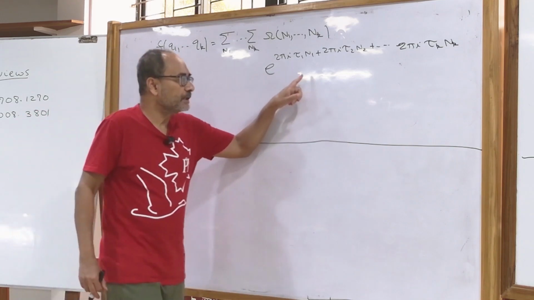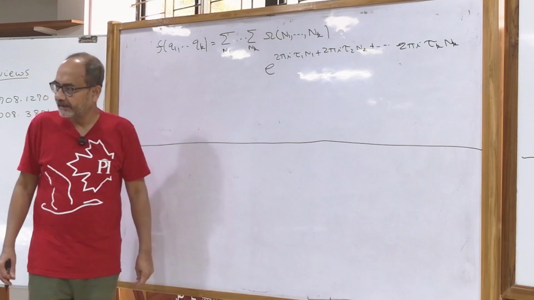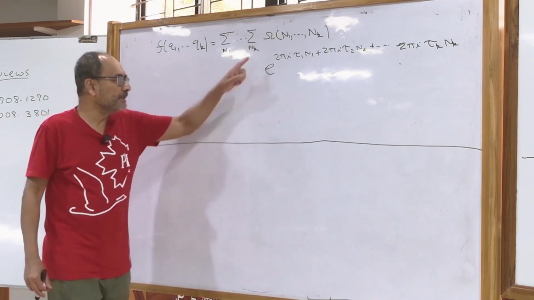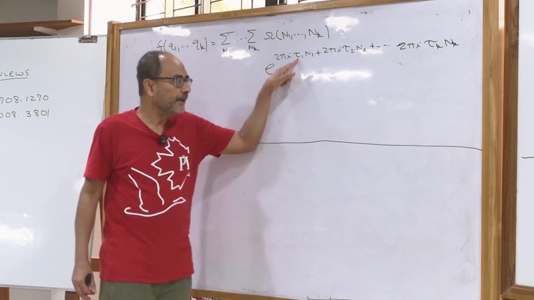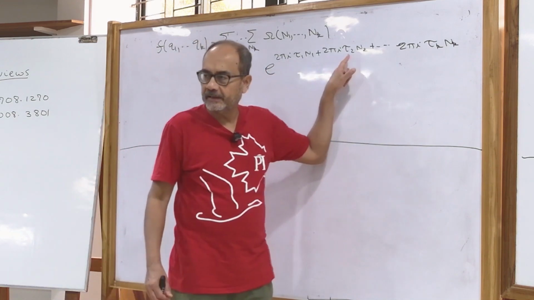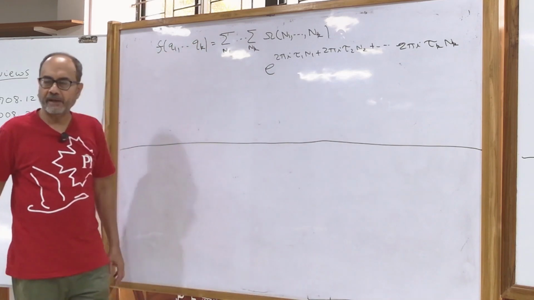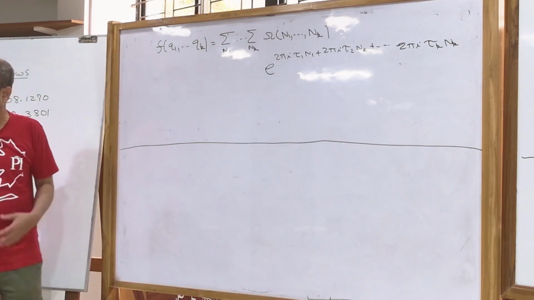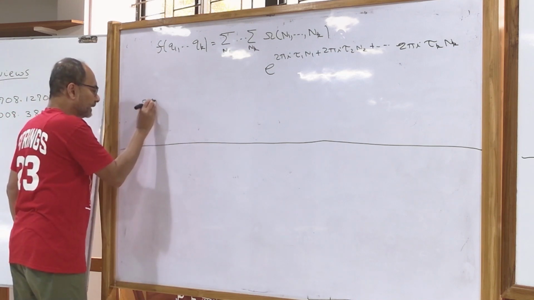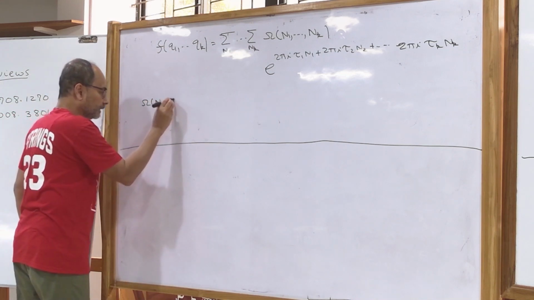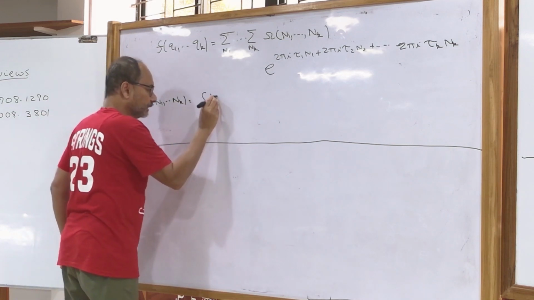And now you see that this looks like a Fourier expansion in multiple variables, right? Because since the n's are integers, this is periodic in tau 1 with period 1, periodic in tau 2 with period 1, and so on. Okay, so this is exactly what we call a Fourier expansion. And if you have a Fourier expansion, then of course you also know how to invert it. Okay. So omega n1 to nk can be written as an integral d tau 1